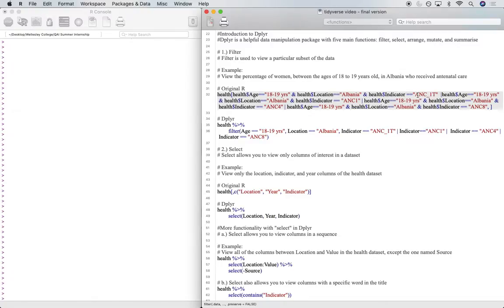our 4 antenatal health indicators, which correspond to the percentage of women who received care during her first trimester, the percentage of women who had more than 1 doctor's visit during the course of her pregnancy, the women who received more than 4 doctor's visits during her pregnancy, and the women who had more than 8 doctor's visits during her